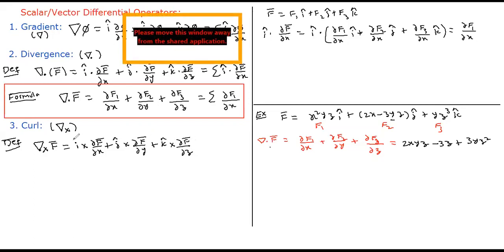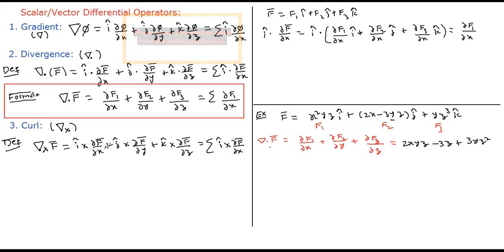So what is the sigma notation for this? Summation i cross dou f bar by dou x. What is the input and what is the output? Input is a vector function. Output is also a vector, because the cross product of two vectors is a vector, and the sum of vectors is also a vector. So curl is transforming a set of vector functions to another set of vector functions. So this is the definition.